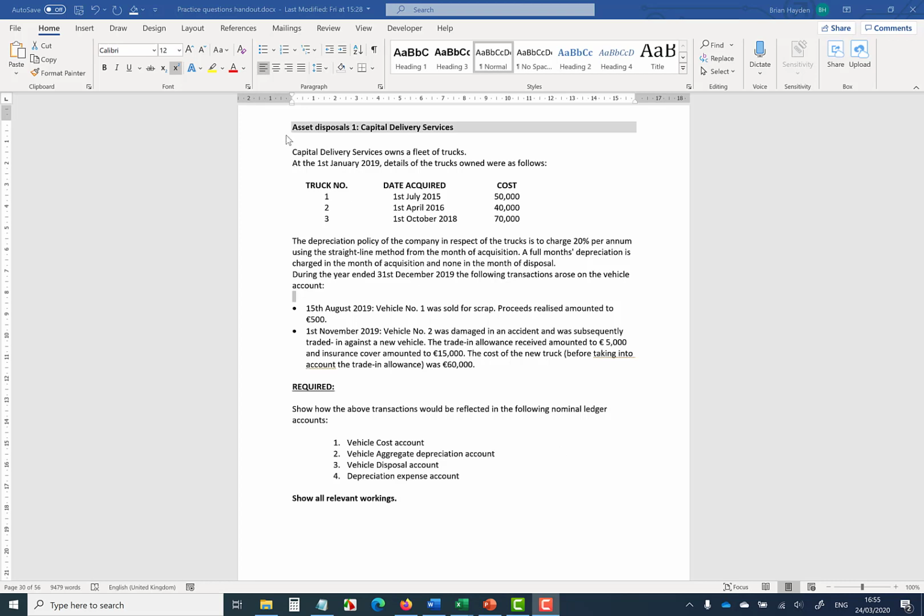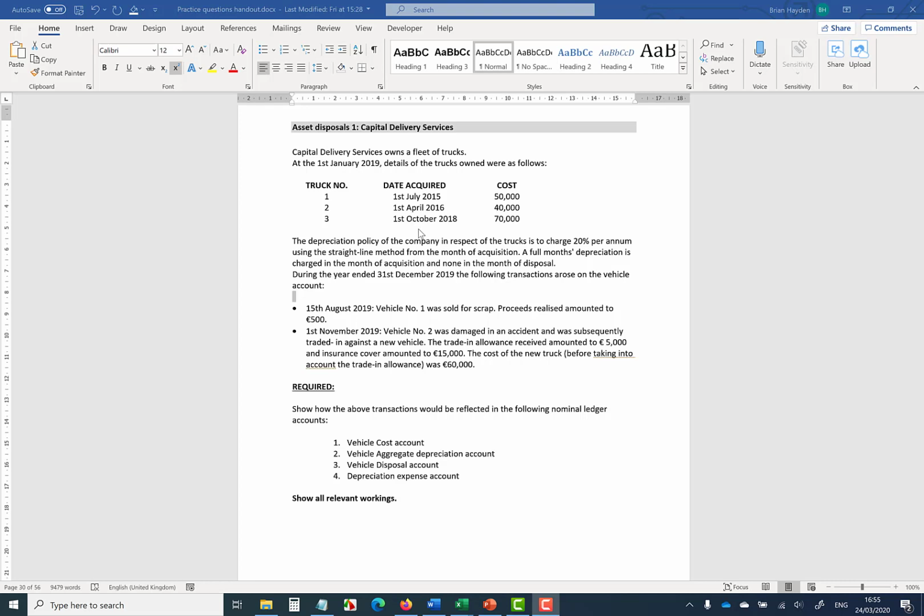This is a typical example of a question on asset disposals. So before I start looking at the PowerPoint presentation, just to give you a sense of the type of thing to expect in such a question. So we've got a company, Capital Delivery Services, owns a fleet of trucks, and at the 1st of January 2019,